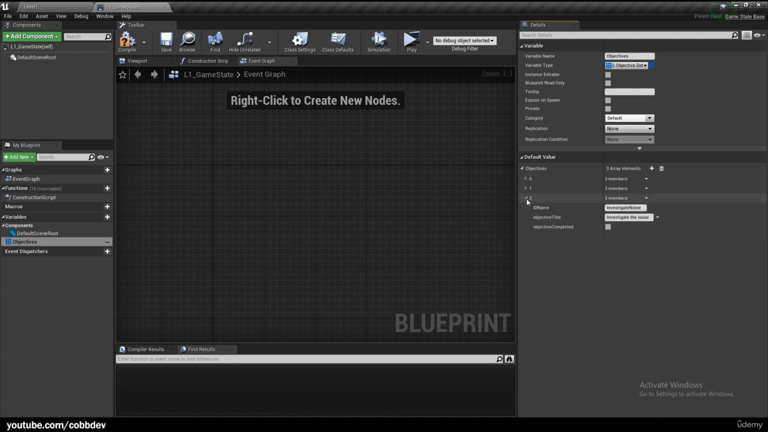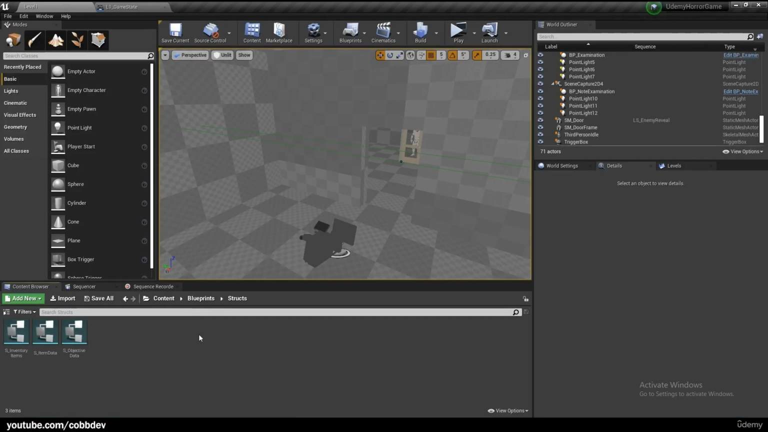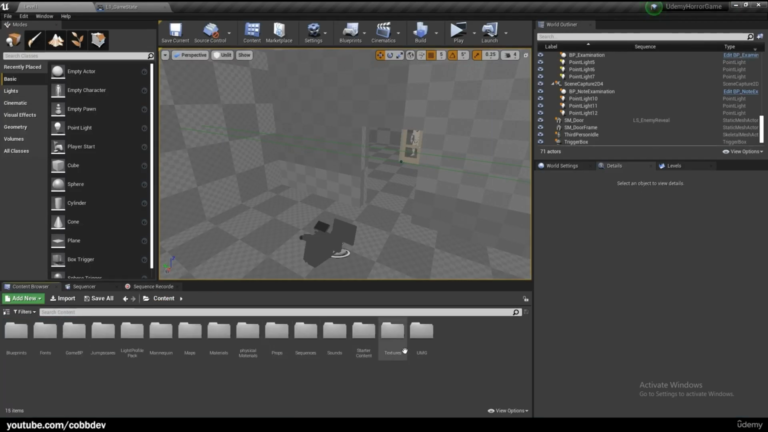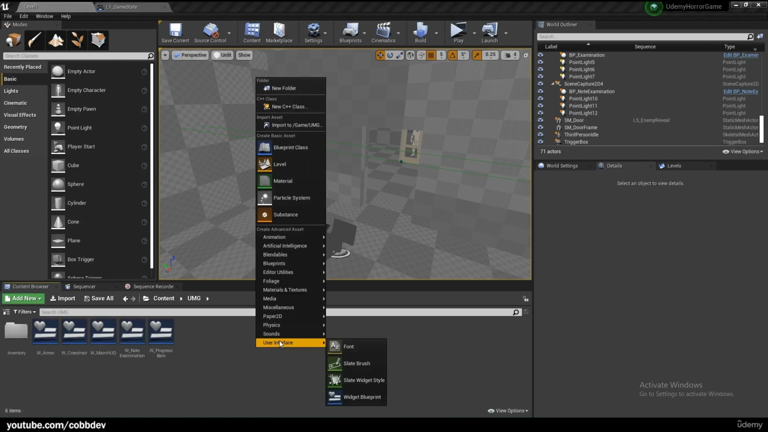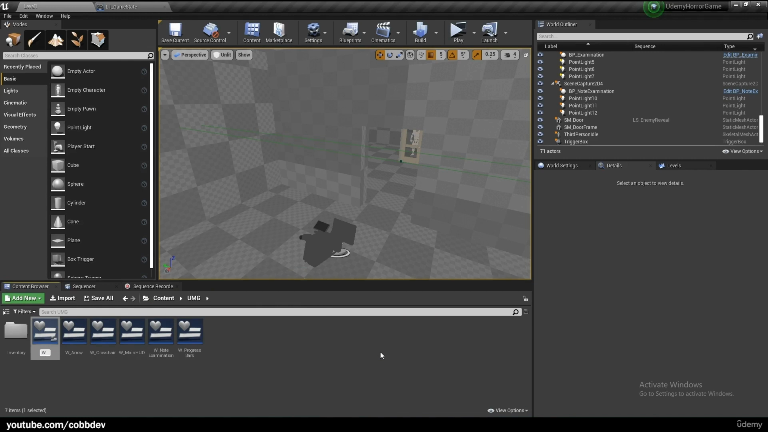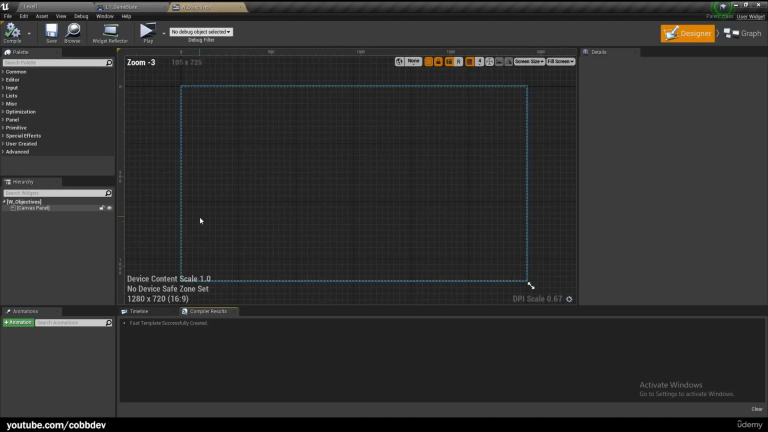All right. So now we have our 3 objectives to beat this game. And we need a way to display this title here so that we can actually know what our objective is. So we'll need to do that with a widget. So if we go over to UMG, we can create a new widget blueprint, and we'll call this W objectives. And I'm just going to make something really quick. I'm just going to drag in a